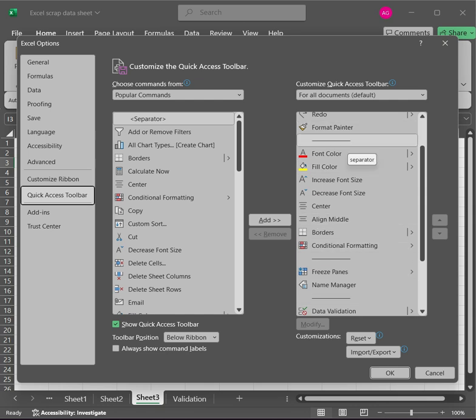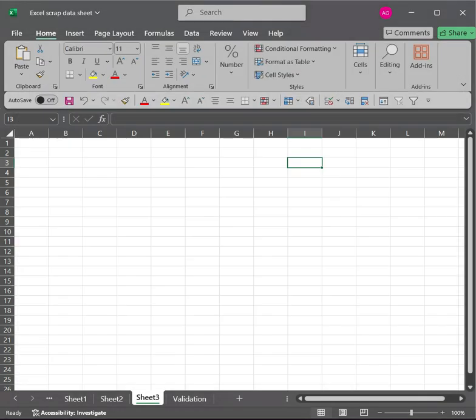You might be seeing these separators also in between. This is because I wanted them to be grouped like that. So this separator you can add, which is here on the top, and add and then adjust also. So for example, this separator I can adjust by moving it up or moving it down so that these buttons are appearing in my toolbar grouped accordingly. More you can explore by yourself and find out what all you can do by using this quick access bar, and then in the end get rid of this big menu bar.